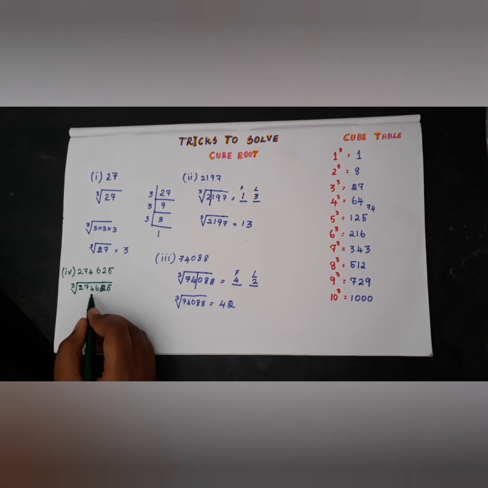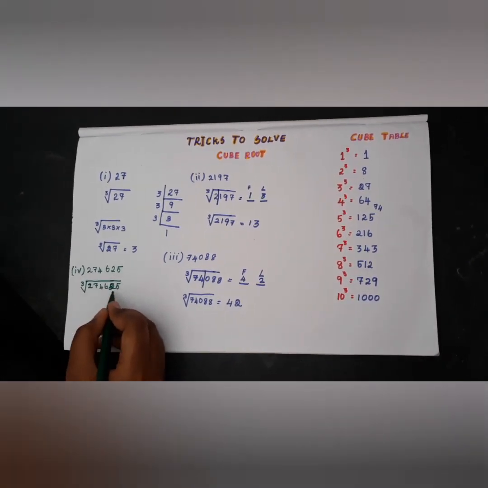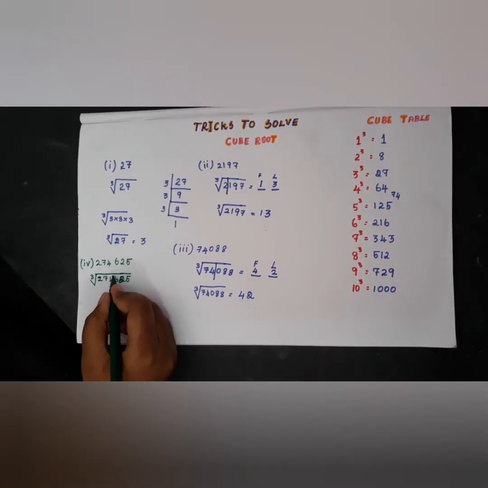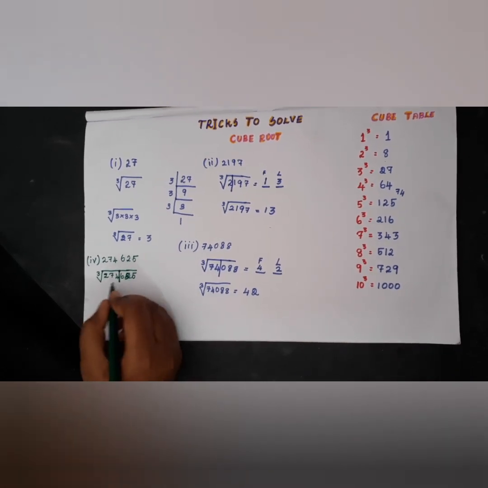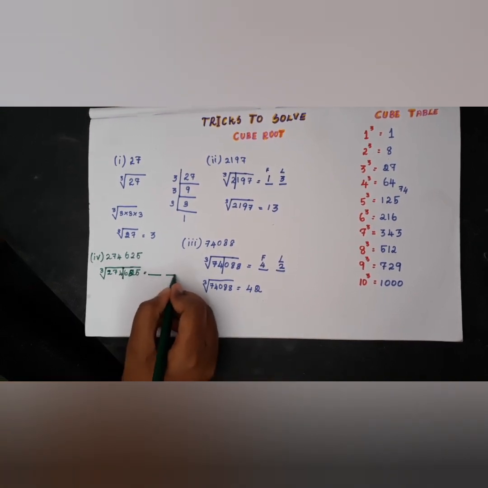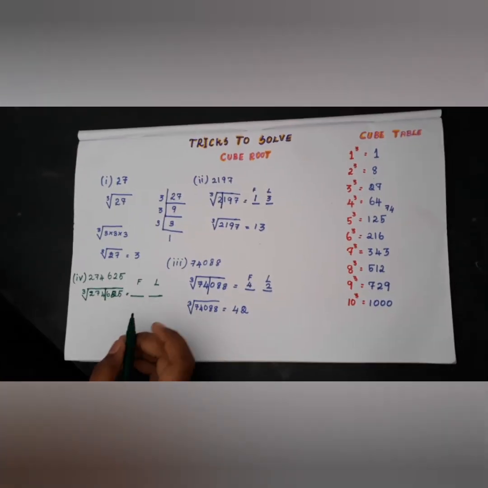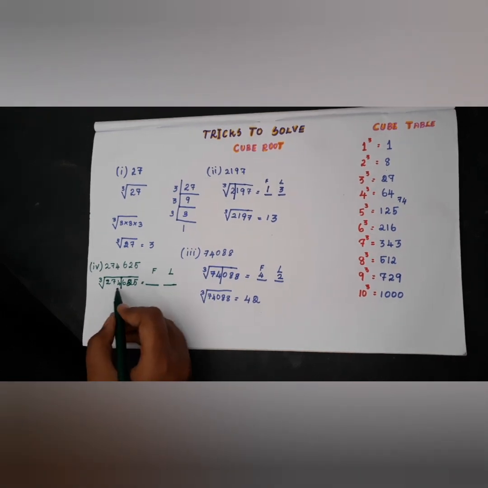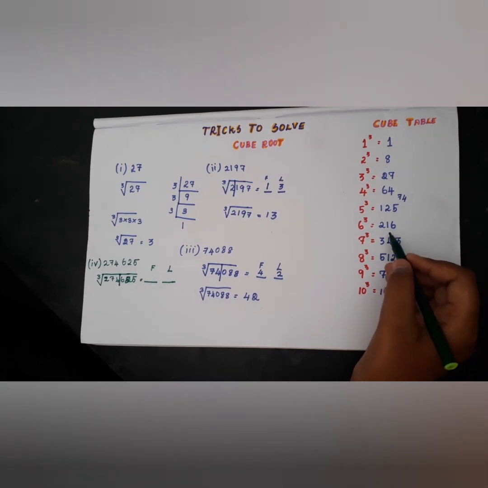Next we take a 6-digit cubic number. We separate into 2 groups. We divide into 2 parts, the last 3 digits. It has 2 digits in the answer: first digit and last digit. We take the first group, which is 3 digits: 274.